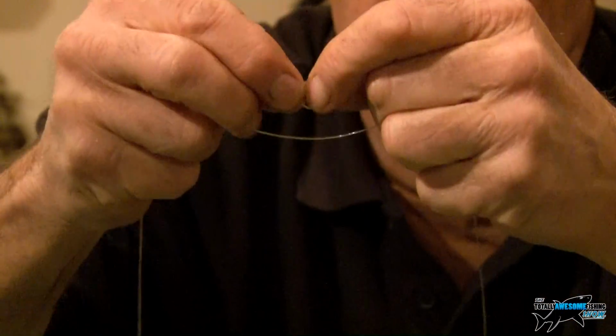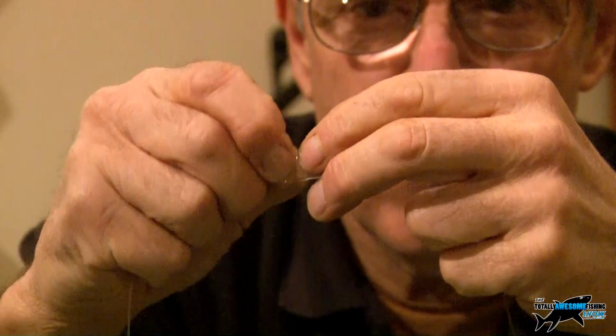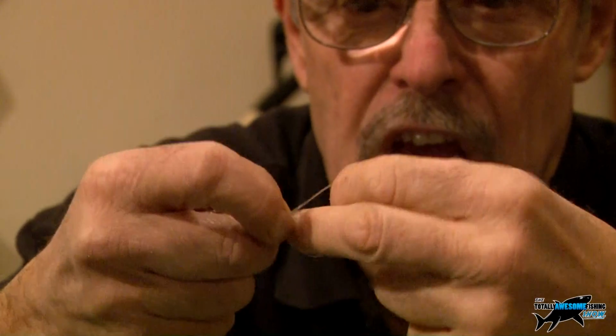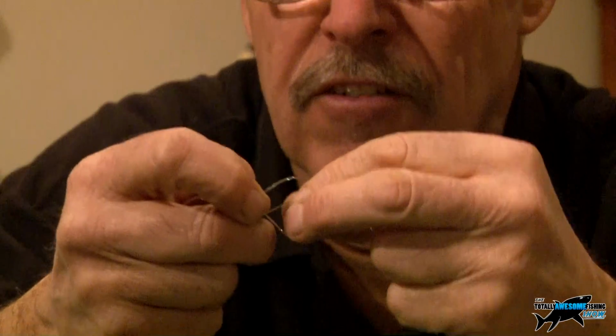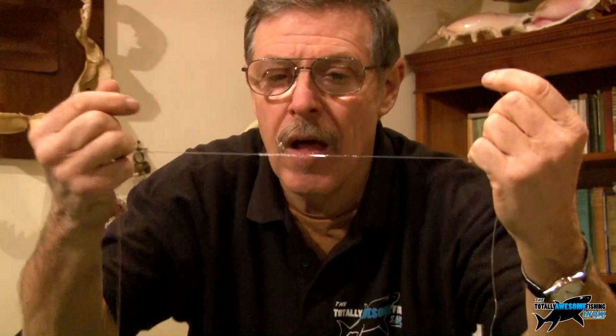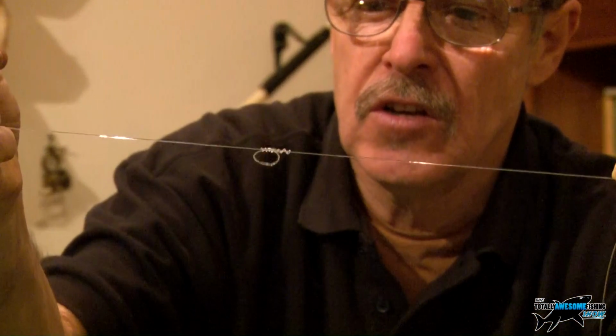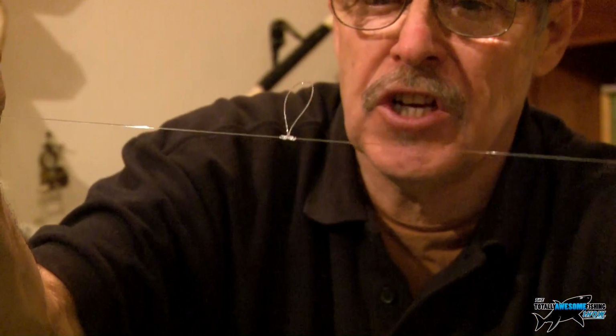Okay, so you go through, then you bring this line back through that hole. Now, easier said than done. And what did God give fishermen? Teeth, tongues, everything, and fingers. I hold the loop like this, and I just pull it, and you might just be able to see that just as I pull it, it cinches up tight. Now that hangs really, really nicely,